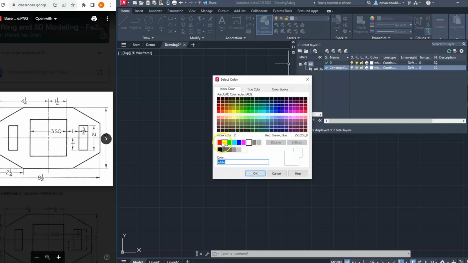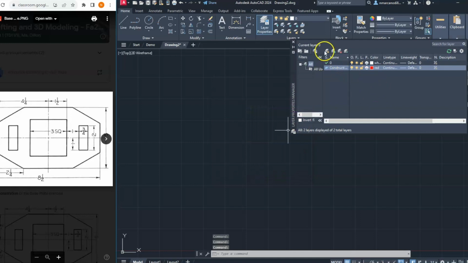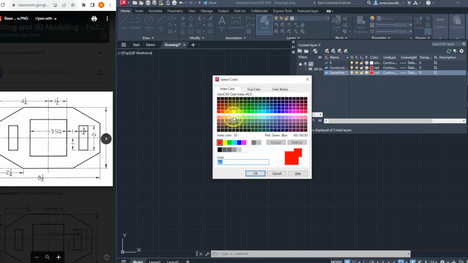And with that, we want to change it to red, and we're going to leave it as continuous. We also want to create a center line, and for this tutorial we will use a different color. So I'm going to go with green,